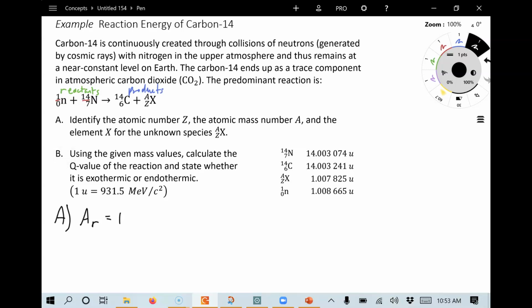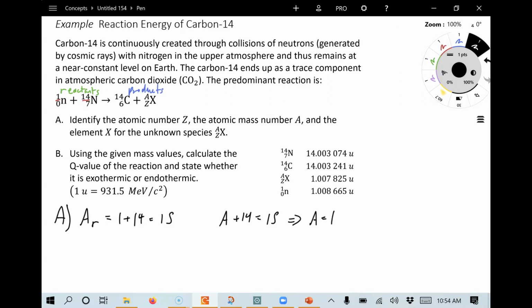It's 1 plus 14, 15. That means we have 15 total nucleons, which are neutrons and protons. We need to have that same value on the product side. So to calculate the unknown value of A, we can say A plus 14 equals 15, and we can see that A